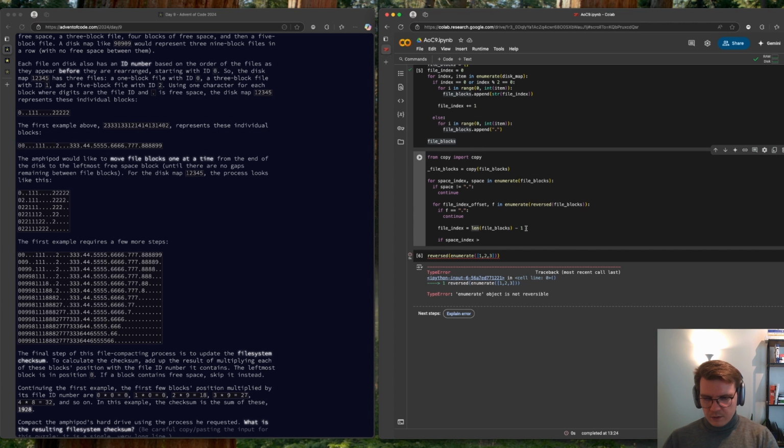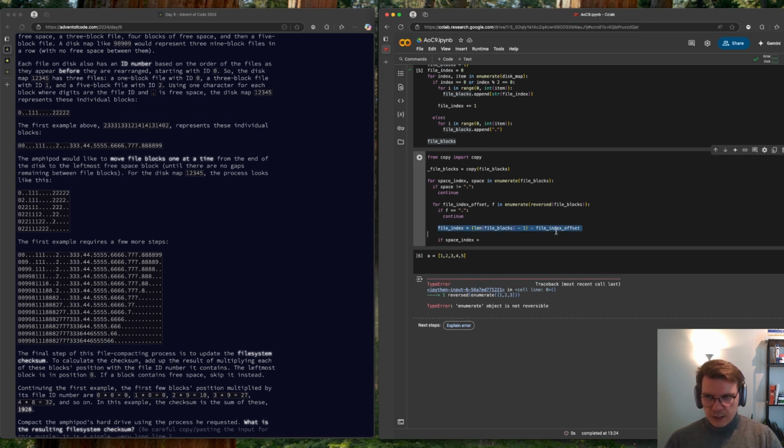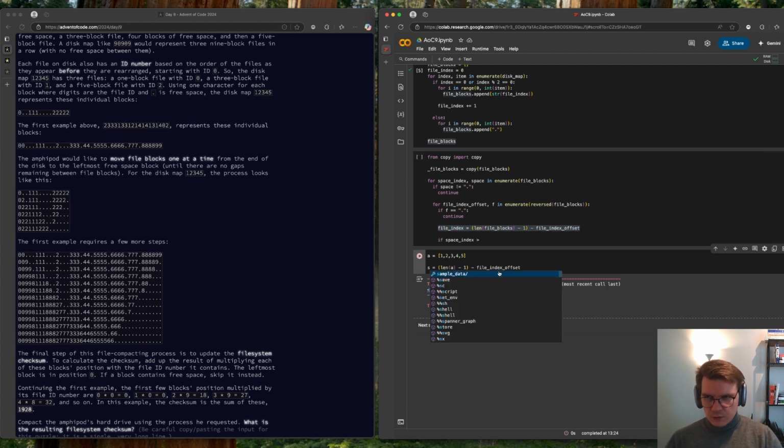So we can kind of have the indexes. And then we want to subtract the file index offset. Yes. What it will mean basically is that if we have a base 1, 2, 3, 4, 5, and then we calculate this, let's call that S, and then the offset would be, so if we are on here, it would be